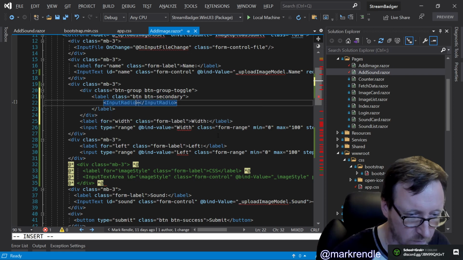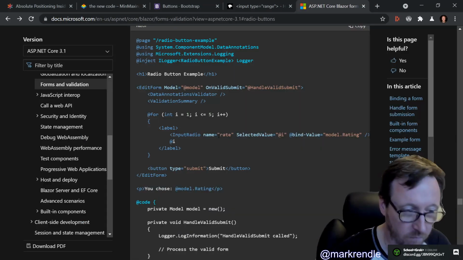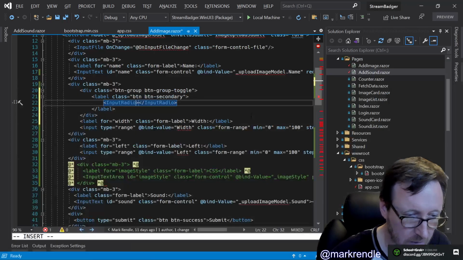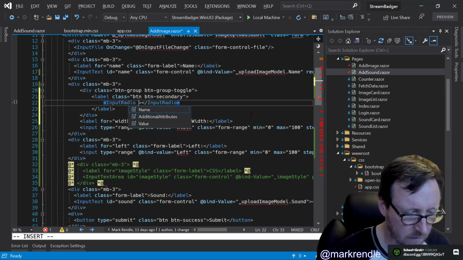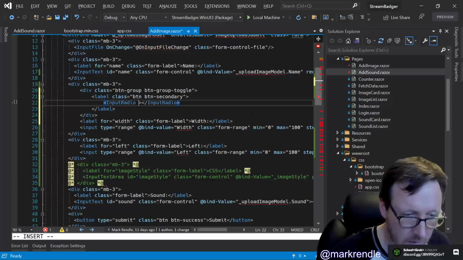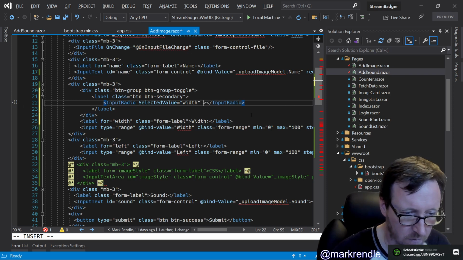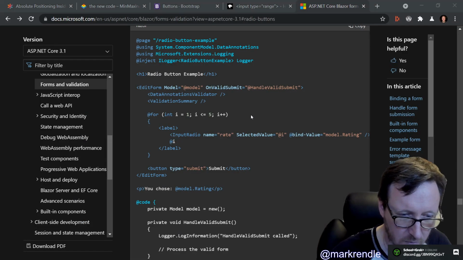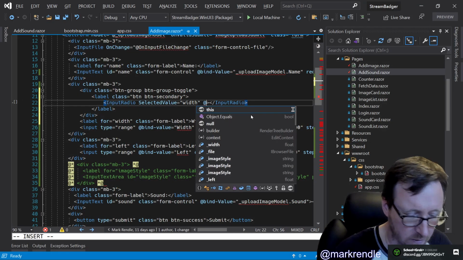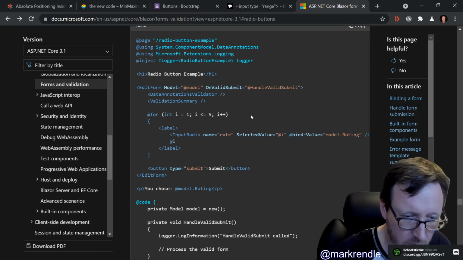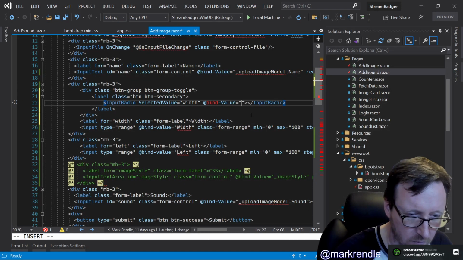Input radio selected value equals width at bind-value equals